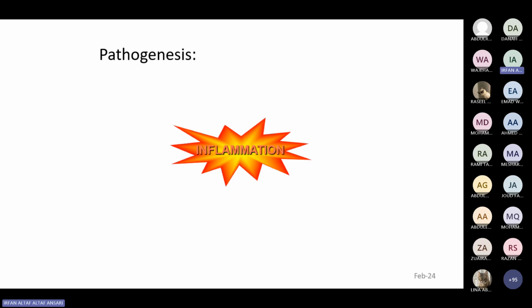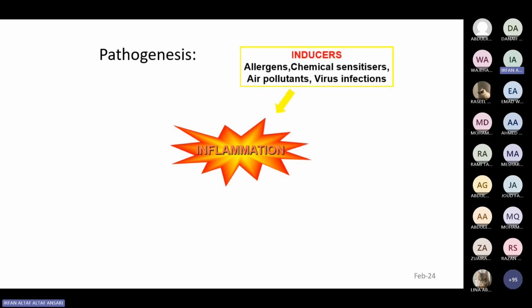So the main pathological mechanism in asthma is inflammation of the airway. This inflammation can be induced by allergens, chemical sensitizers, environmental pollutants, or viral infections, or there is genetic hypersensitivity. So all these will bring on